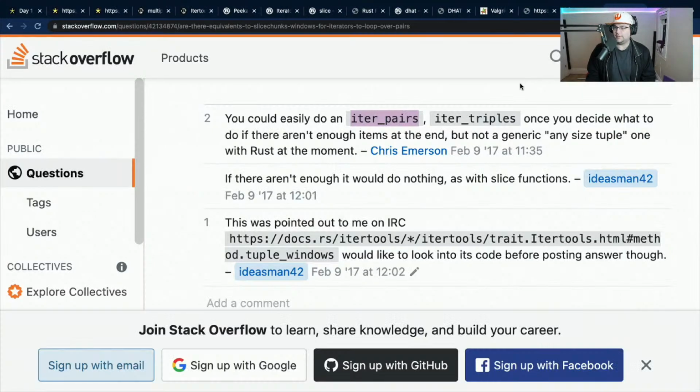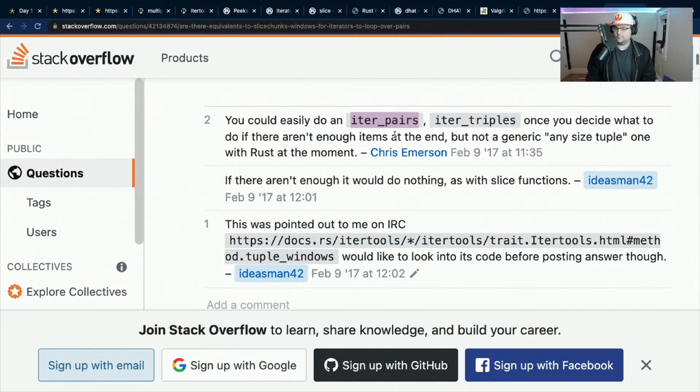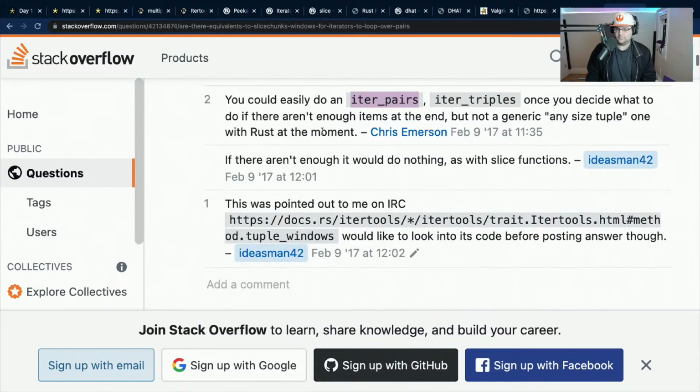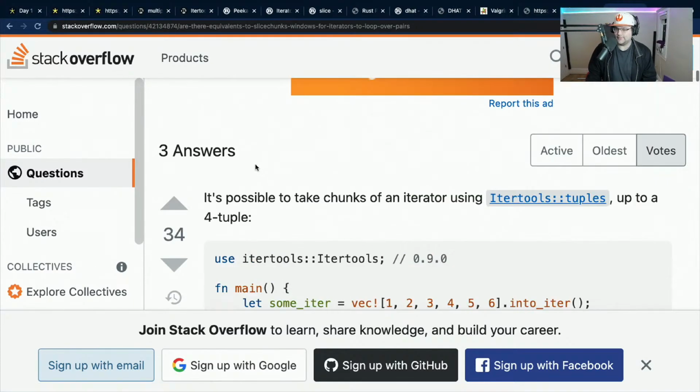That's not actually a thing. What is that person even talking about? There is tuple windows. Tuple windows is not what we want, though, as we previously discovered.